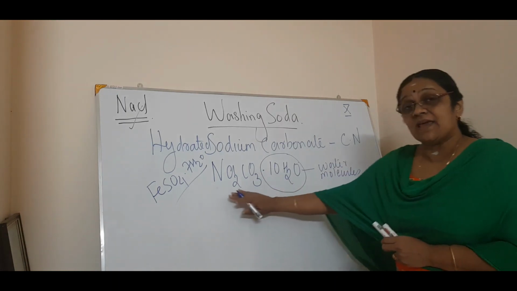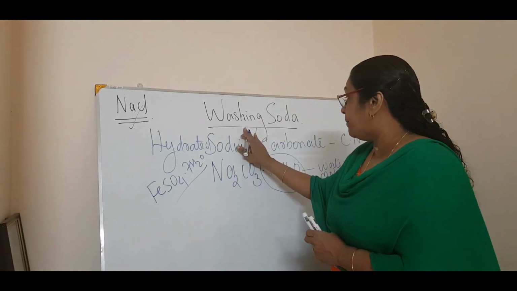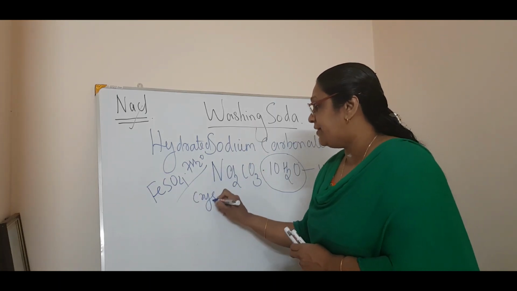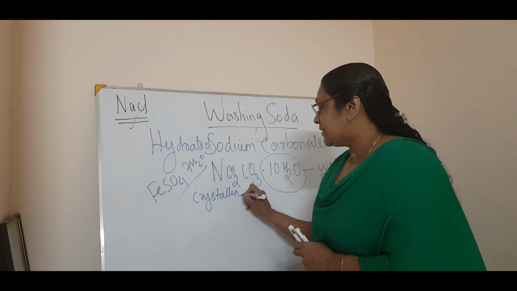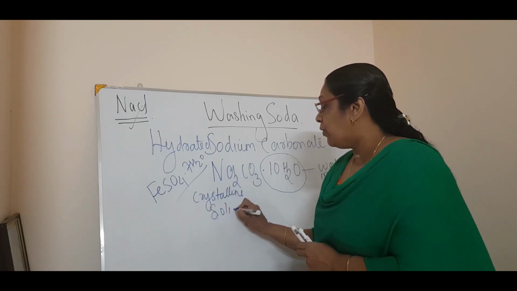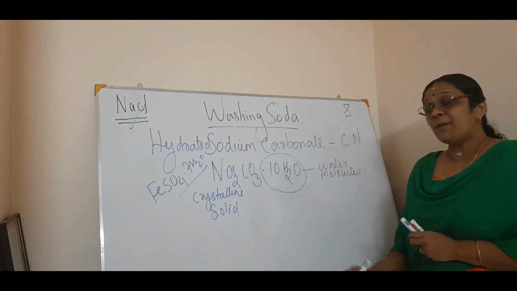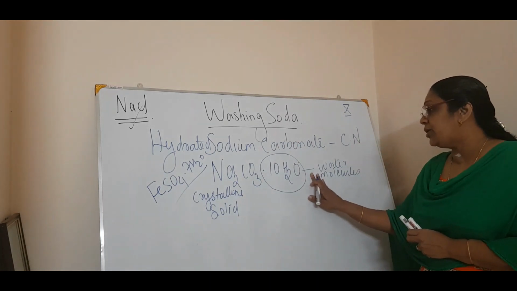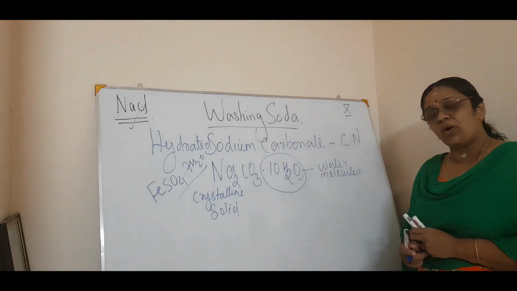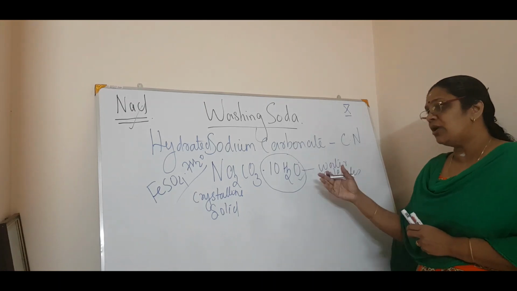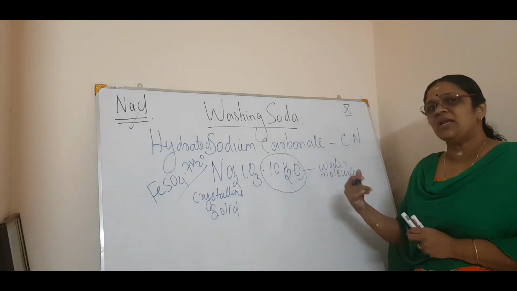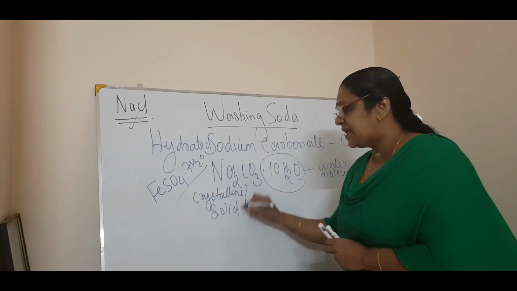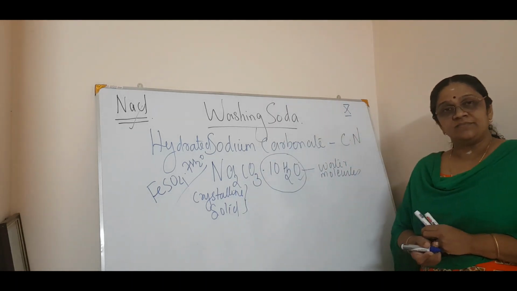And I am again saying this sodium carbonate or washing soda is a crystalline solid. Listen, it is a crystalline solid. Now you are wondering, I am telling this is a crystalline solid, but if you look into the formula, there are 10 water molecules. Now how can it be? With the water molecules, you are definitely thinking it will be a liquid, and this salt must be a liquid. But it is a crystalline solid.